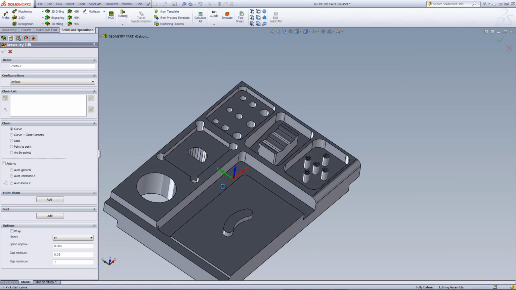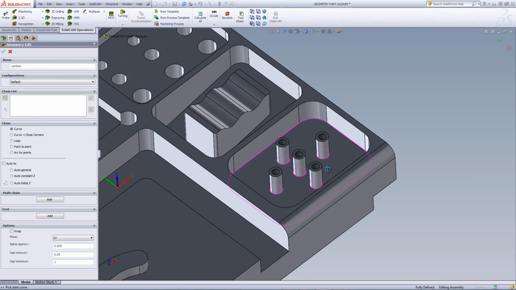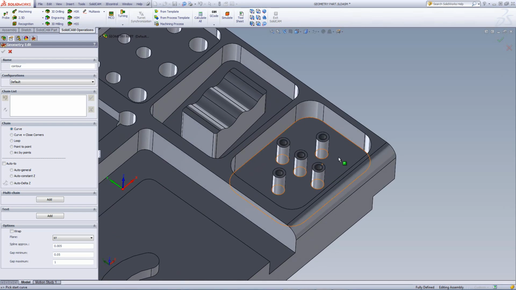Also, if you have a pocket that has islands in it, such as this one over here, the rule is that the first chain must be the outside boundary of the pocket itself, and the islands are the rest of the chains. So for example, in this area over here, I can go to auto constant Z, and then I would pick the first one, choose the direction, and I have the first chain. Then I can do the second chain, third chain, so on and so forth,